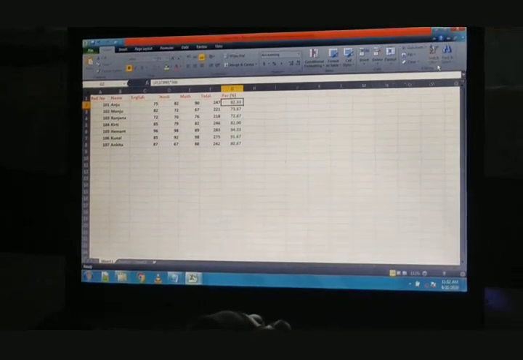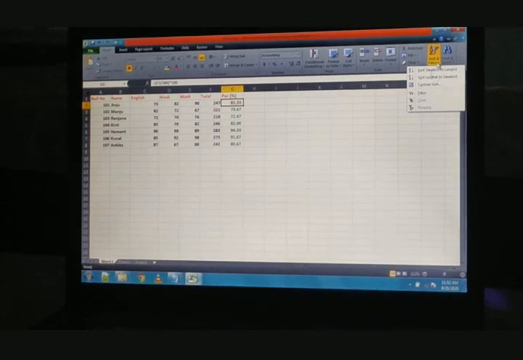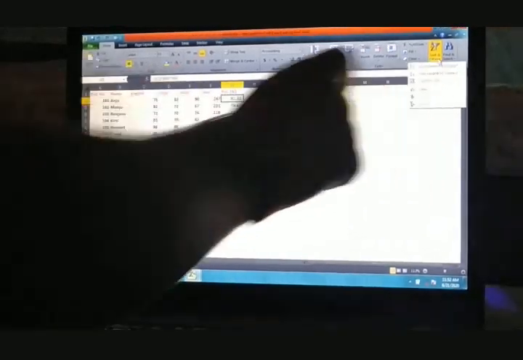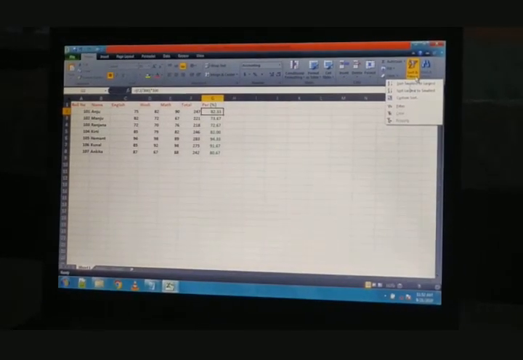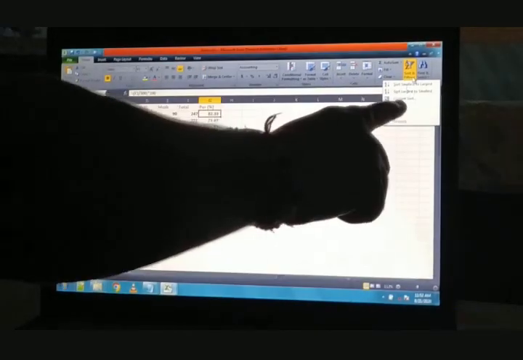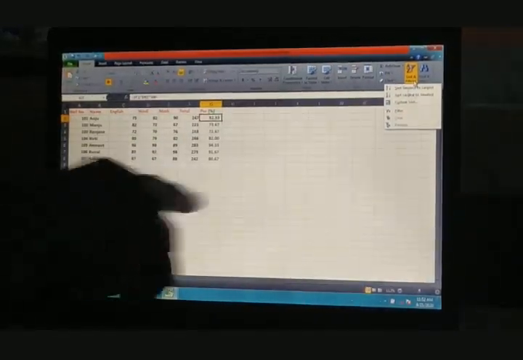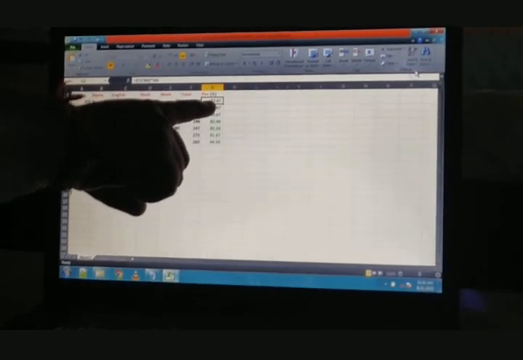You have to click on that sort and filter group. Now you can see sort smallest to largest, sort largest to smallest. There are two options. There is another option, custom sort, that we will understand later, but we use sort smallest to largest for ascending order. So we click on that. Now you can see that the student records have been sorted according to the ascending order of percentage. The lowest percentage is on the top, and the highest percentage is on the bottom.